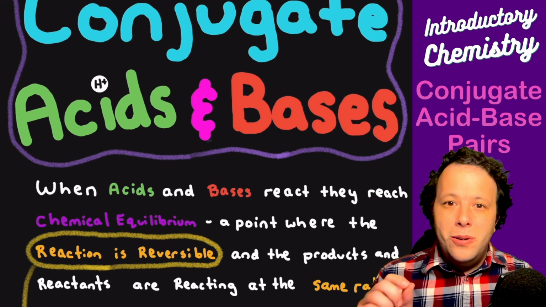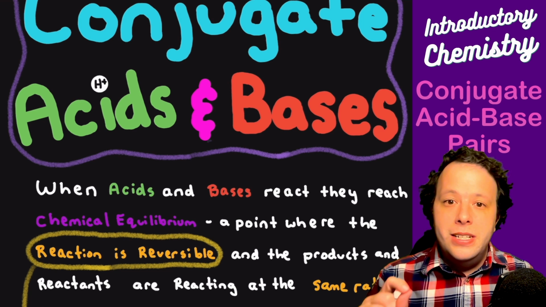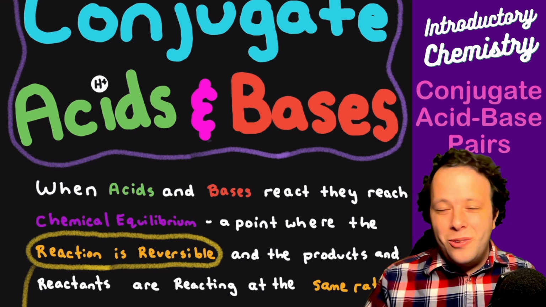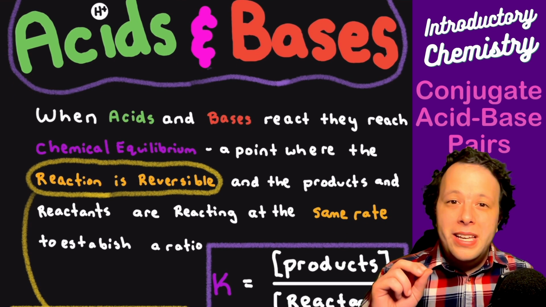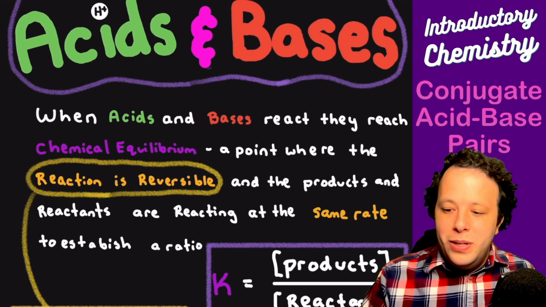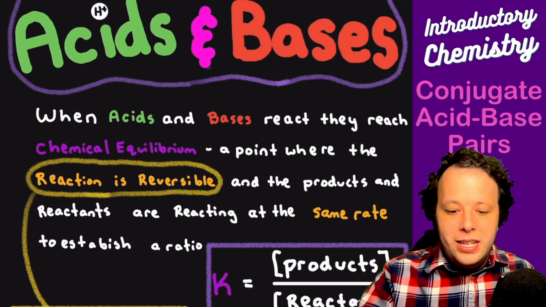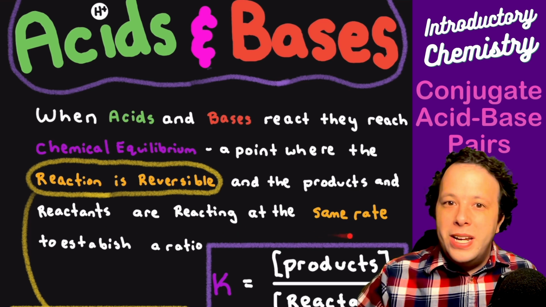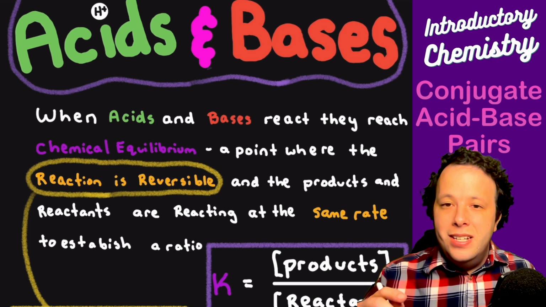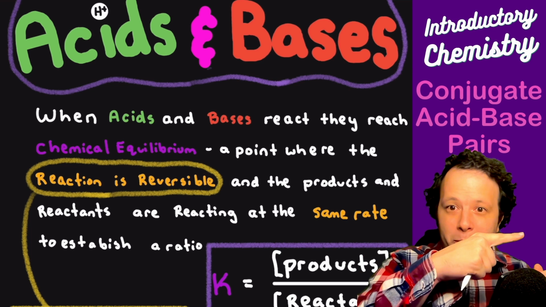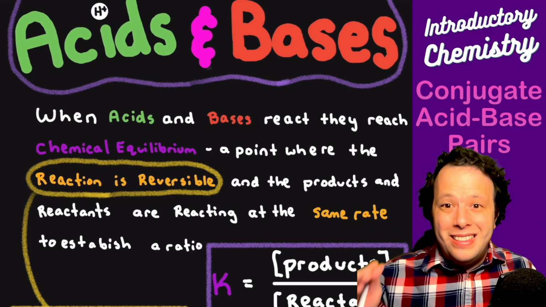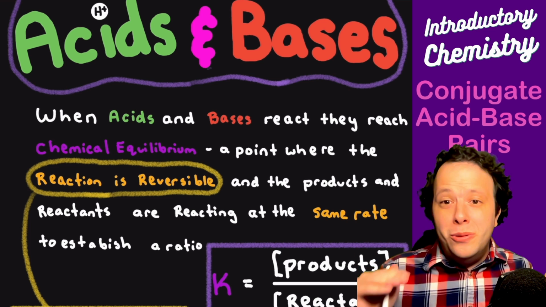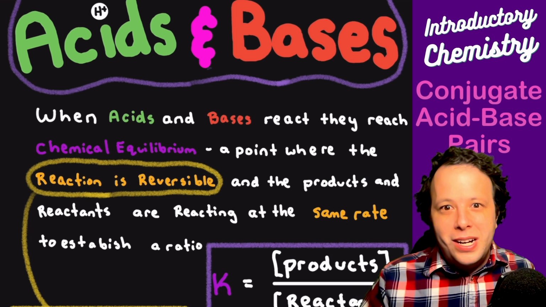Now, with those, the whole idea is that their reactions are considered reversible, meaning that the reaction can go backwards or it can turn back from products to reactants. So, whenever we have something in equilibrium, this is when we say essentially that the products and the reactants are reacting at the same rate. So we have a forward reaction, and we also have a backwards reaction happening at the same time, which is a little crazy to think about.